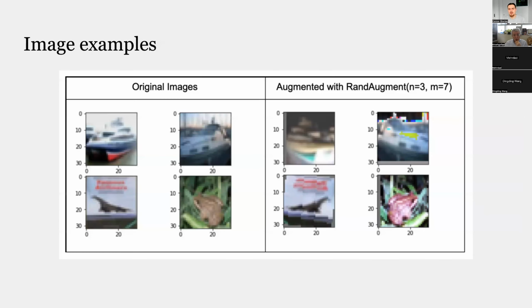So I started off by looking at examples of this. To begin with, this is taken from one of the experimental papers, but you see how you have this original low resolution ship image on the left, and you rotate, you horizontally flip it, you change the color space, and you do these kinds of transformations to images, which preserve the semantic label of ship, frog, airplane, and you get to blow up the data set size this way. It was the original motivation for why you would want to do this.